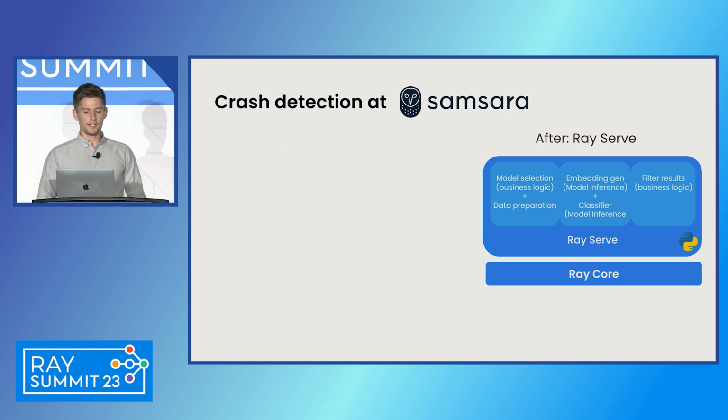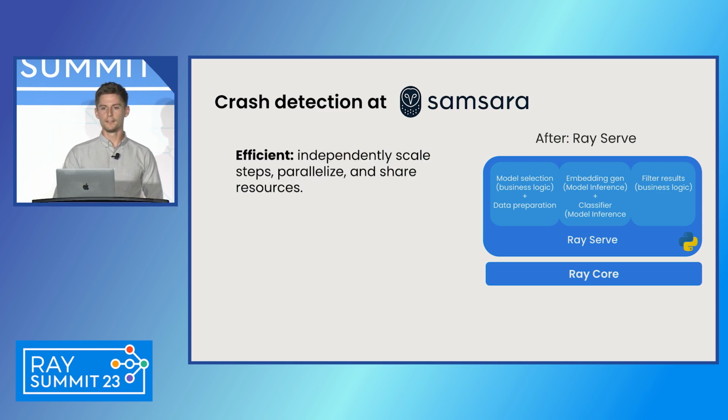They were able to express this entire application as just essentially one Python program, but with all of the flexible scaling and resource allocation benefits that Ray Serve gives you. This meant that they could make their application much more efficient. They could independently scale each step, they could parallelize within the existing steps, and they could share resources for different